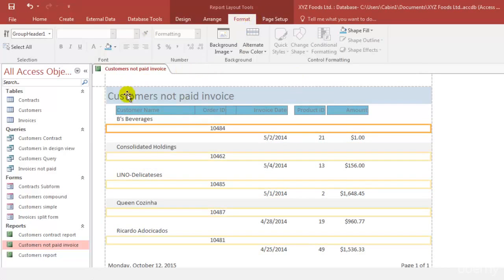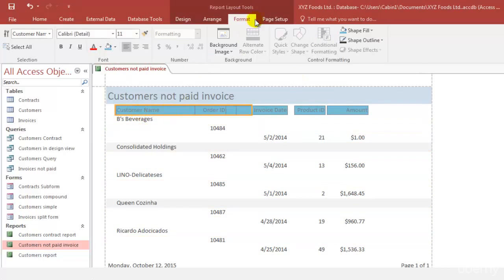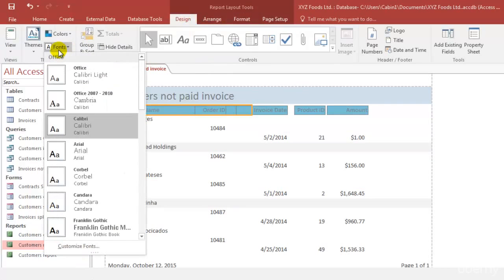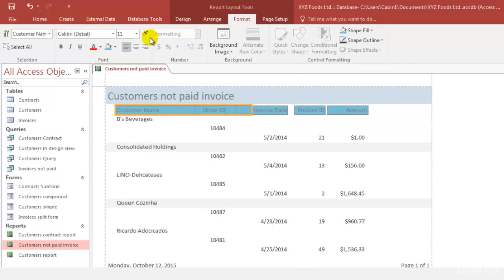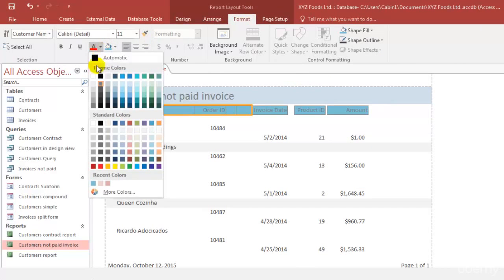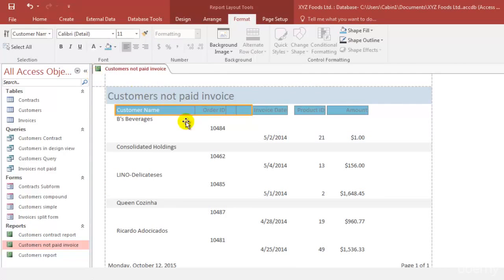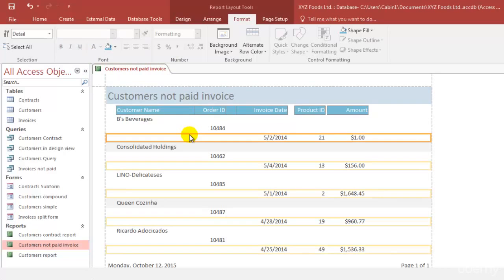and what you need to do is just go under the design tab and you can change the font size if you want. Under format, you can change the color of the font. I think white will be more visible, so you can do that. You can multi-select and do so all at once. So these are some changes that you will have to do to the report before finally you print them,